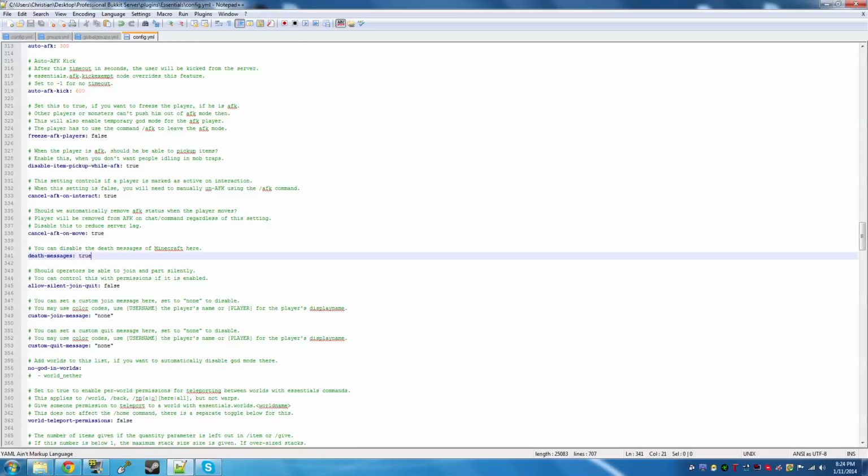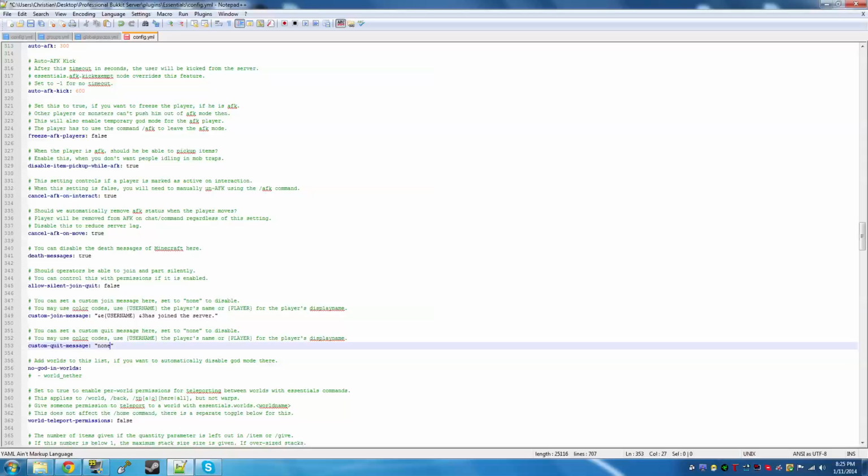Okay, so a custom join message, if we want people to join custom. So instead of saying whoever has joined the server, we can just do like, let's see, at E, I think E is yellow. Yeah, I think E is yellow. I haven't done this in a while. And we say squiggly bracket username has, and oh yeah, and then we do at F. No, let's do at 4. I don't know what goes good with yellow, green. Okay, whatever. We'll just do at 3 because I don't know what that is. But it's whatever. Has joined the server,